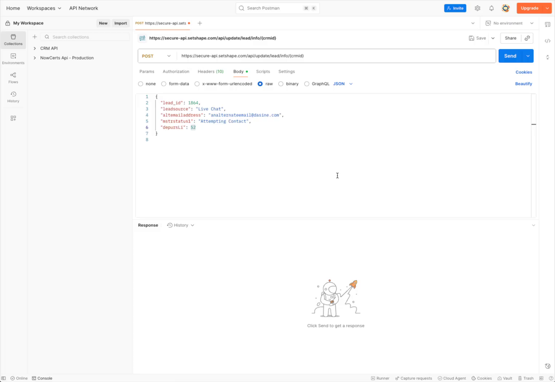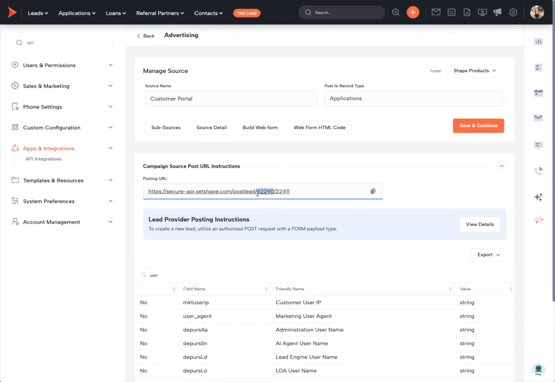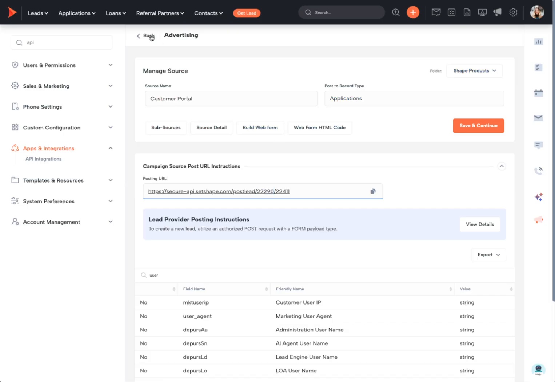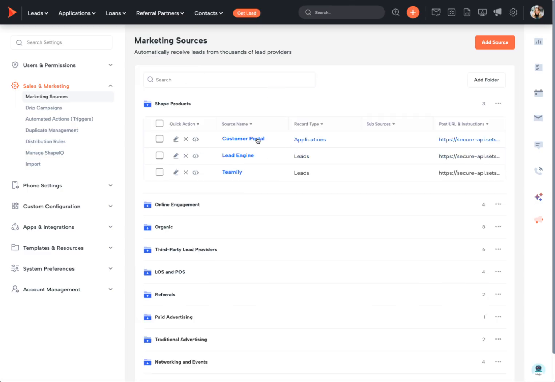Now the last thing I have to change here is the CRM ID. The CRM ID can always be found here. 22290 is the CRM ID for this particular demo system, so we're going to put that here. Again, how to find that. There's a lot of different ways that you can find it, but I find it the easiest just to open